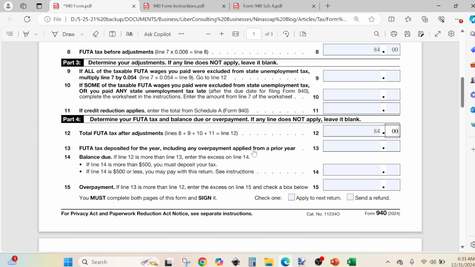You have the instructions there to guide you on how to complete the check or money order. At the bottom you have the voucher where you will put your business EIN, the amount you are going to enclose, like you are going to write the check for, your business name, address, city, state, zip code, and all that. You detach this section, write the check, so that'll be 2 pieces separately from each other,